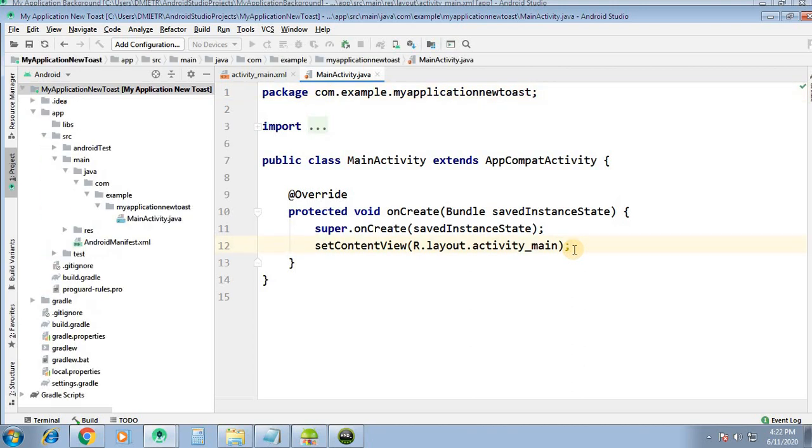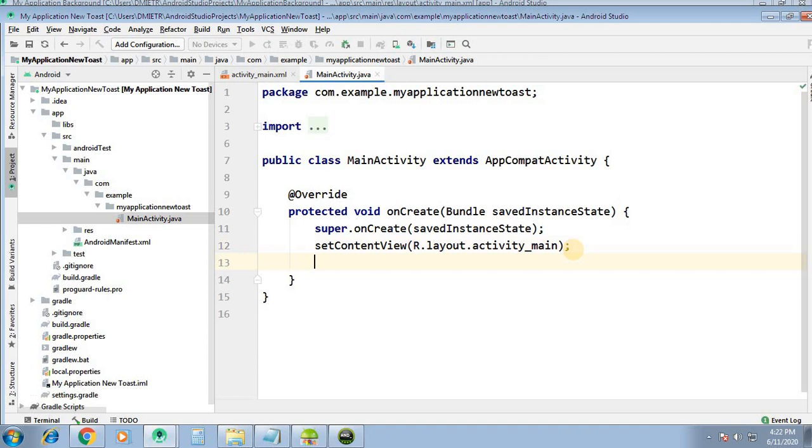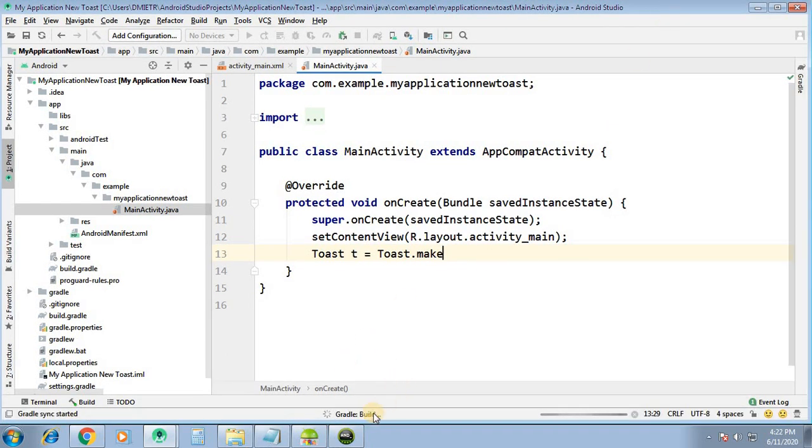So we will create the object t equal to Toast dot makeText. Gradle is still building now.